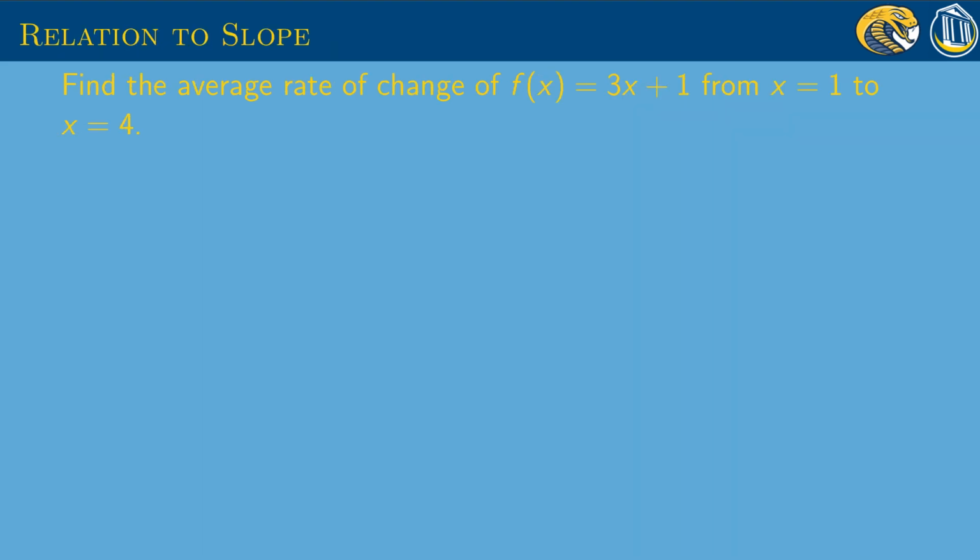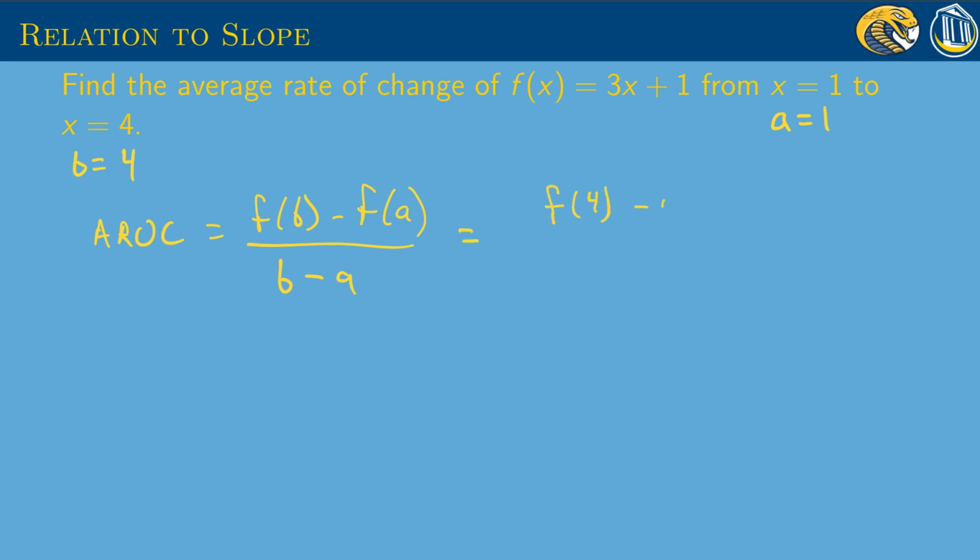Let's say we want to find the average rate of change of the function f of x equals 3x plus 1 going from x equals 1, that's a, to x equals 4. This is going to be our b. In this case, remember our average rate of change formula is f of b minus f of a divided by b minus a. And so if we plug in these values, that's f of 4 minus f of 1 divided